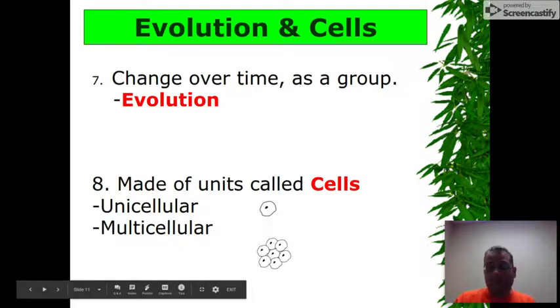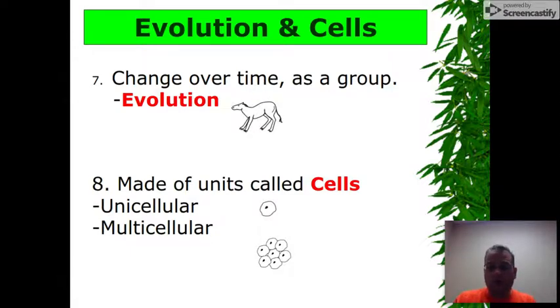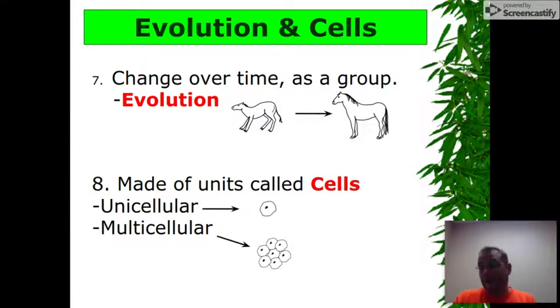And number 7, organisms need to change over time as a group. This would be called evolution. So you have something that looks like a small horse, and it gets into a big horse. We'll talk about it later. The relative of the whale is actually something that looks like this, a four-legged creature. If you pull a whale apart with all of its bones, it has 2 little legs. They're not attached. You don't see them, but they're still there. You guys have a tailbone. You don't have a tail sticking out of you, but you do have a tailbone. It's a couple of bones that looks like a little tail, but it's there because you're related to some other animals that had a tail at one point. So those are the 8 characteristics of life scientists use to figure out if something's living or not.